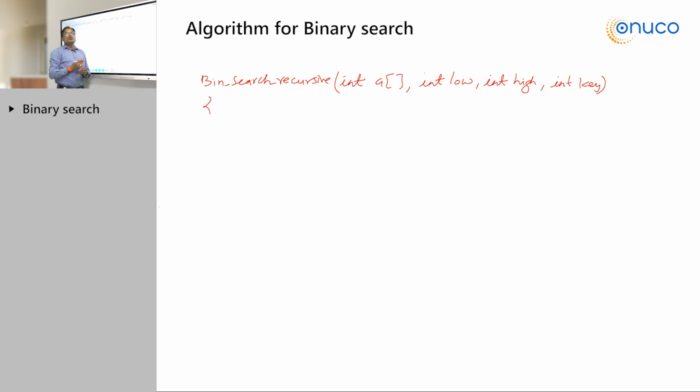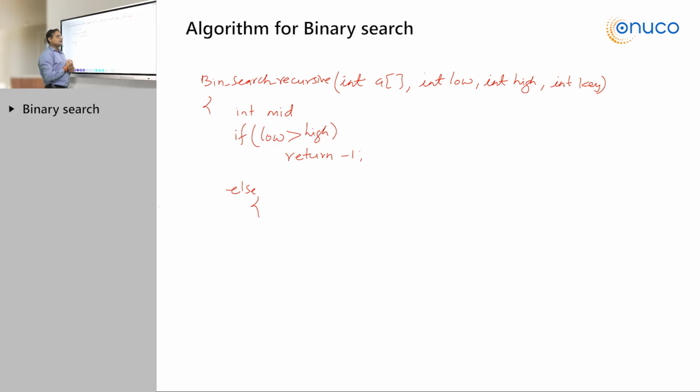Look, if low index is greater than high index, then we are not going to perform the task. It will simply terminate. So say I'm going to write int mid; if low is greater than high, then return -1. Why is it so? If low index is greater than high index, we are not going to perform the task. The function will terminate from there only. Else